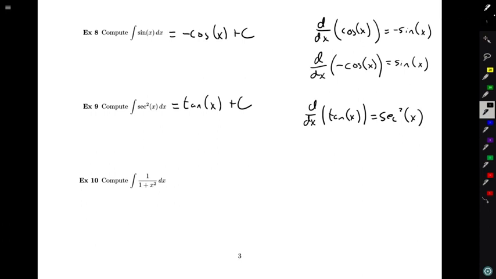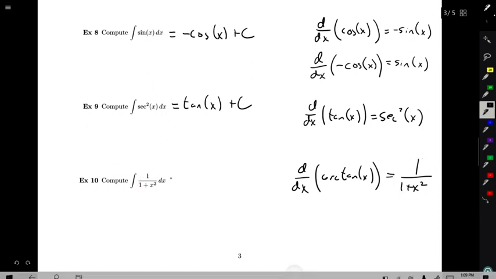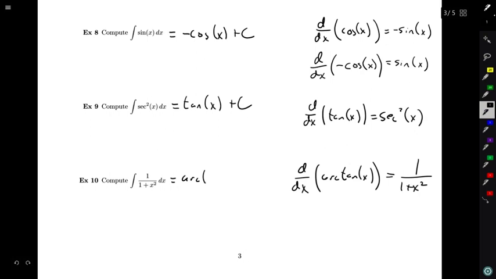One last example here. For the integral of 1 over 1 plus x squared, well, we've accounted for several of our trig functions so far. Remember, this relates to one of our inverse trig functions. One of the rules that we had was that the derivative of arctangent of x is 1 over 1 plus x squared. And so that tells me that the integral of 1 over 1 plus x squared is exactly equal to arctangent of x